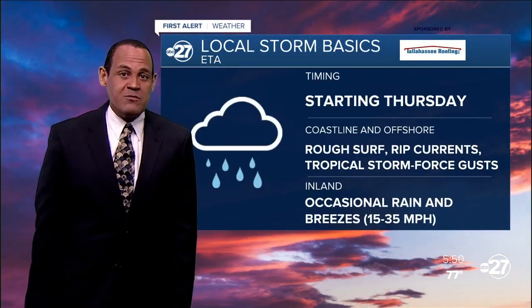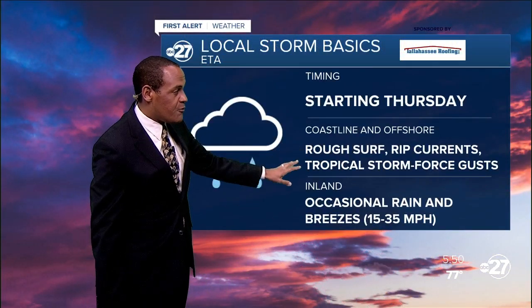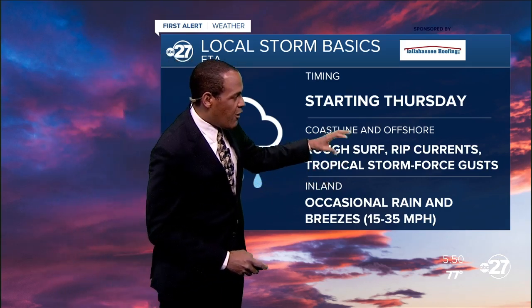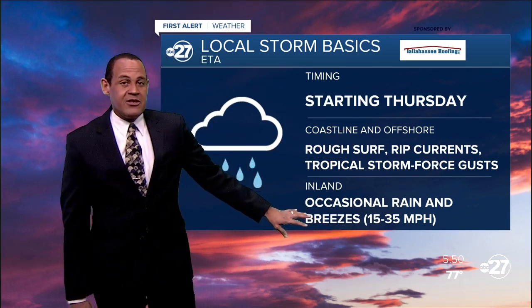So there is still going to be the expectation for gusty trends in the offshore waters, rough surf, maybe occasional tropical storm force gusts, but it could be confined to offshore areas and the immediate coast, while inland areas, like I said, tri-state areas based off of this could be a lot drier than our Suwannee River areas,